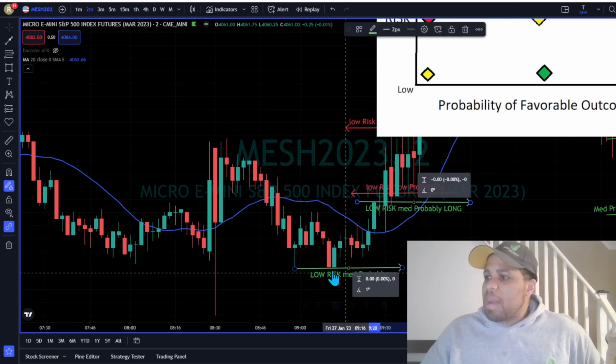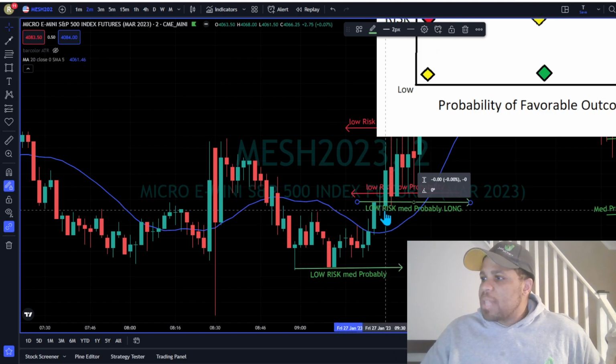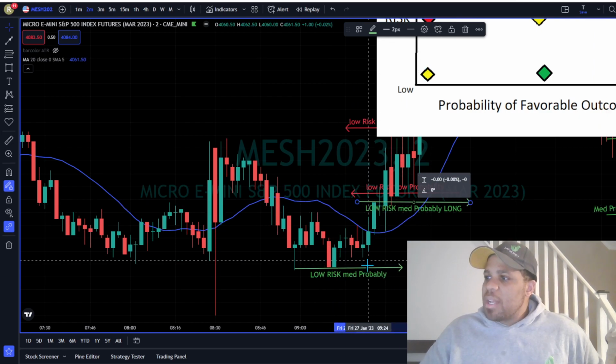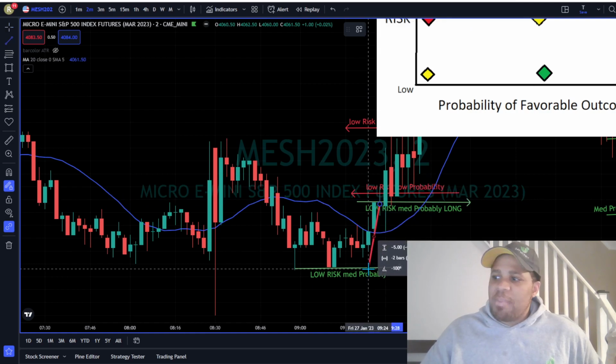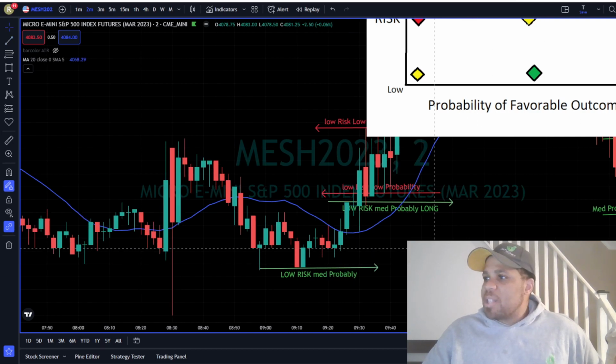So low risk probability down here. It's a low risk trade because from here to here is not a lot of points. From here to here, you're risking only 5 points, okay? That's a five point stop. And it's low risk,